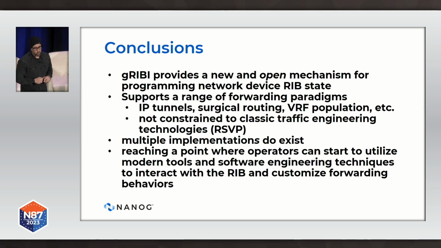It does support a wide range of forwarding paradigms here, a wide range of tunnel encapsulations. You can even manipulate policy routing to some extent with this. It is not constrained to your classic traffic engineering technologies of RSVP-TE or segment routing with BGP coupling or PCEP coupling. And I will point out that there are multiple implementations of this. I know that there's an implementation from Juniper. I do not know what the status is of implementations from other vendors, but I think from a practical perspective